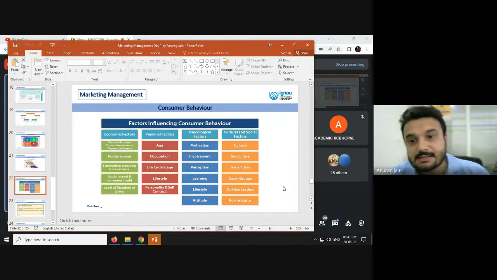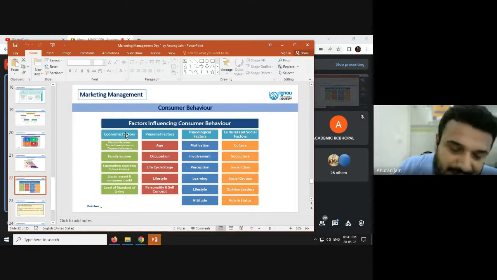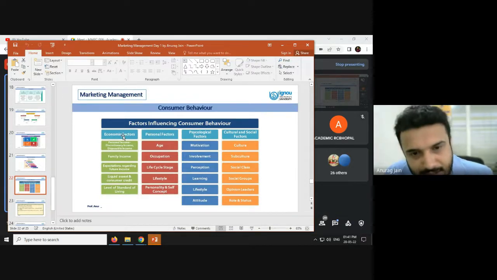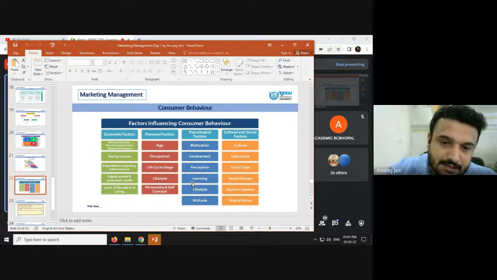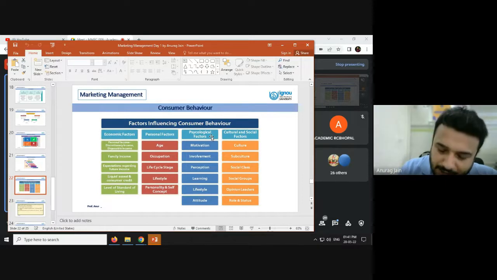The next set of factors are psychological factors, and very interestingly, economic factors can be very easily seen and observed by marketers, and they can use some tools and tactics to observe these factors and establish some understanding about them. Similarly, personal factors are very easily visible to the whole world, right? We know the age of other people, we know the occupation of our friends and family members. We also have some understanding of what kind of lifestyle they carry. But these psychological factors are really tough to understand.